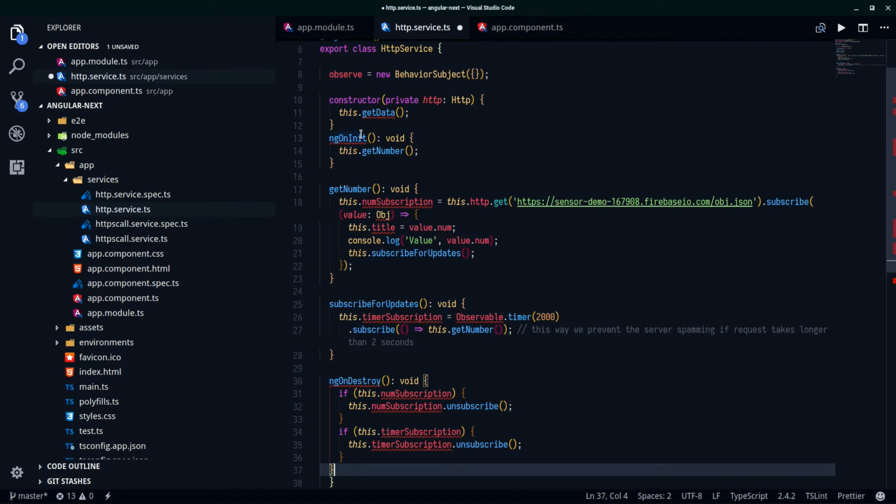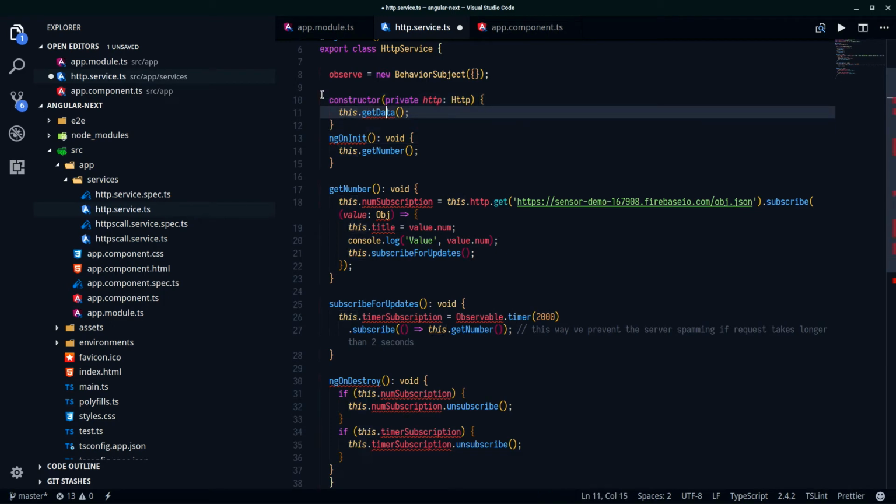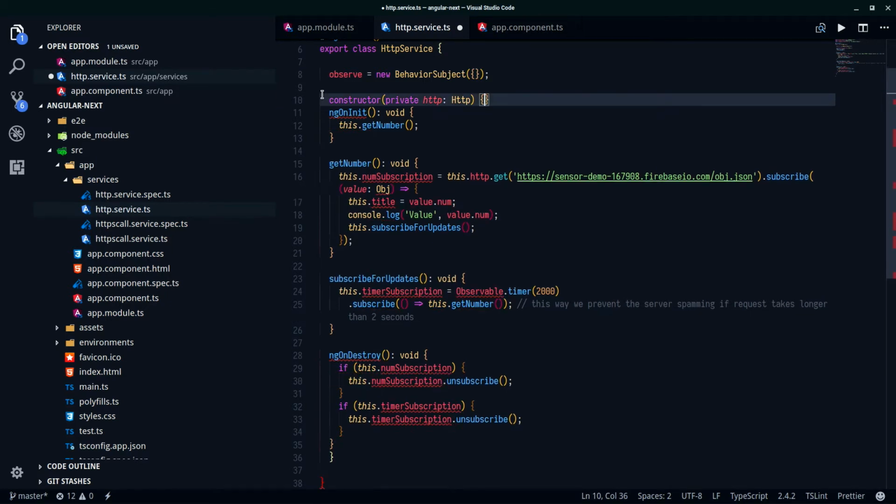So now I need to get rid of the constructor. No, not the constructor as a whole, but the function. Let me do a bit of easier coding here. Basically, there's something to talk about. You can do two ways in Angular how you can make an HTTP service. Now in React, you would do it in action creators. Angular's best practice, kind of as a bonus tip, is you can create a service that gets the value, and then you initiate the service call instead of directly putting it in your component.